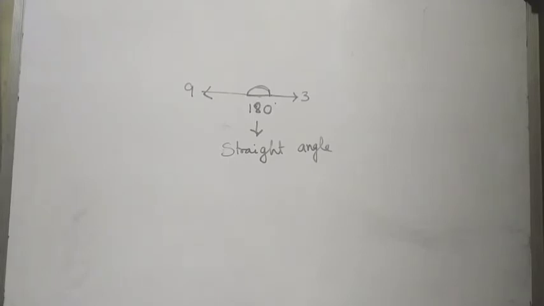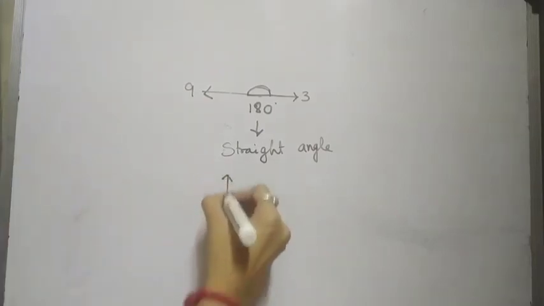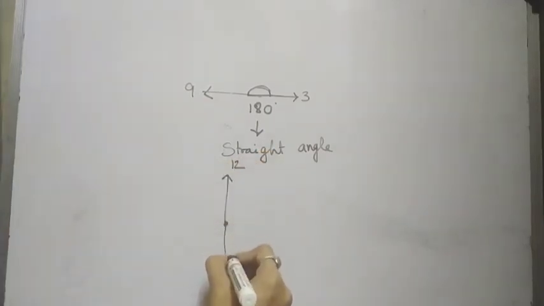When it is 3 o'clock, we can see that we have taken the example, this will be 90 degree, that is the right angle. When it is 6 o'clock, the two hands are making 180 degree, so this will be a straight angle. So if this is 12 and this is 6, this angle is also 180 degree. When it is 2, it will be less than 90 degrees, so we will call it an acute. When it is 4 o'clock, then it will be obtuse. Like this we have to do.